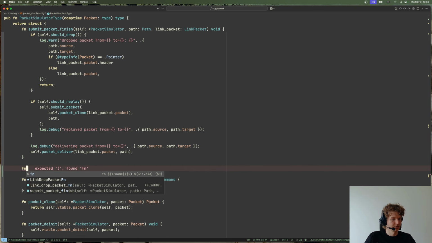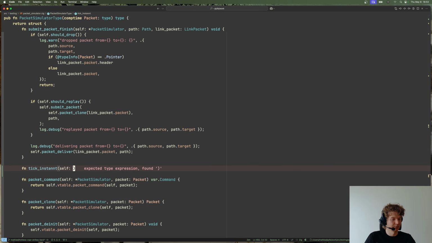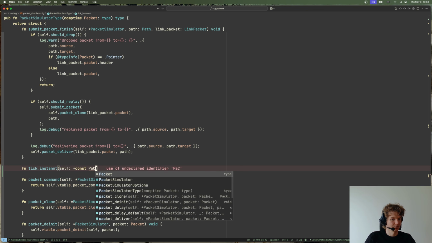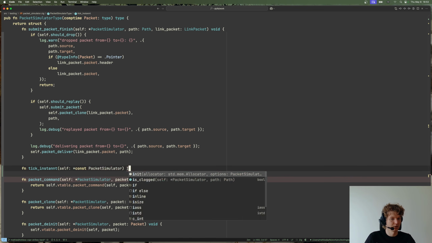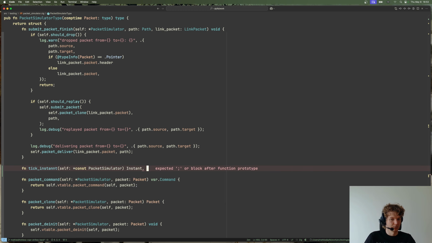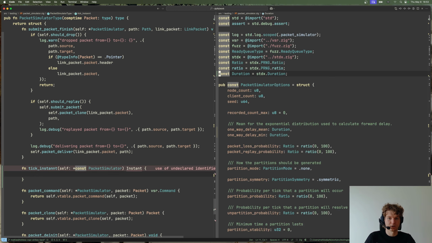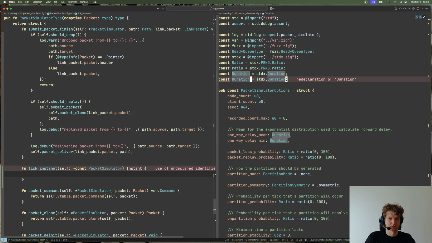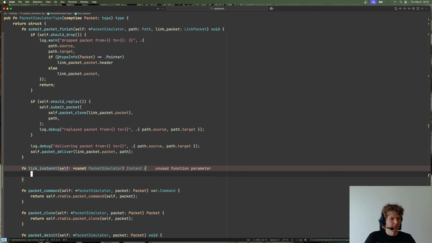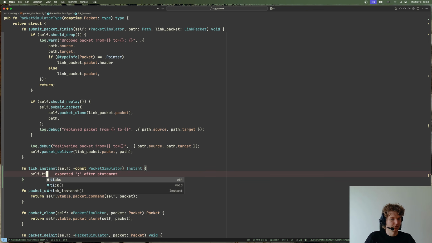Okay, let's see if and tick instant self packet simulator. We are going to return an instant, and let's quickly add... so I want self ticks